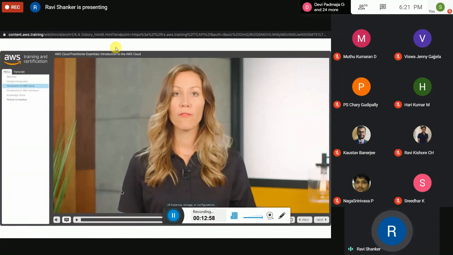Maybe my use case was to store a lot of files on a disk, and I find out that I'm spending a lot of money. I can move all the file storage out to something called AWS S3, which I'm sure will come up later in this training. Okay, so absolutely everything is configurable, and based on your requirement,